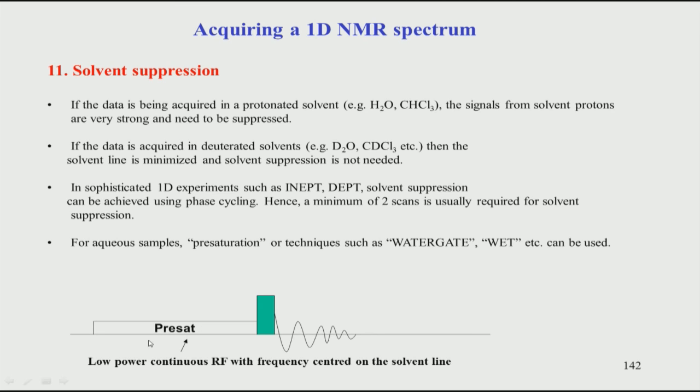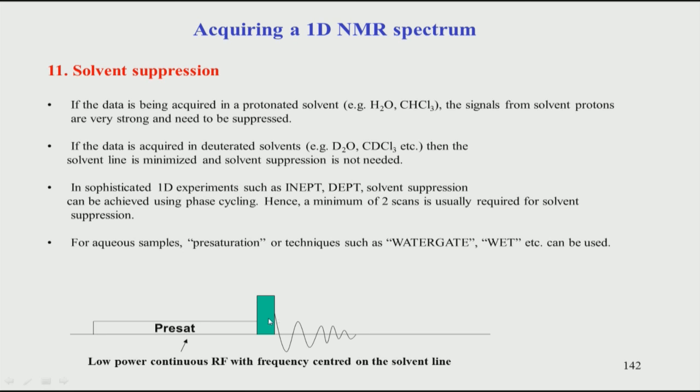Because of that, the solvent proton populations get equalized, and remember, when the populations are equal, the population difference is 0. So, when the population difference is 0, no NMR can be done. That means this process is trying to make the solvent signal become 0 by equalizing the populations. It is like a weak irradiation; we also use the word saturation, and hence the word pre-saturation comes,